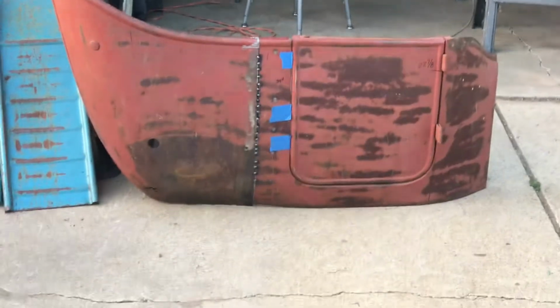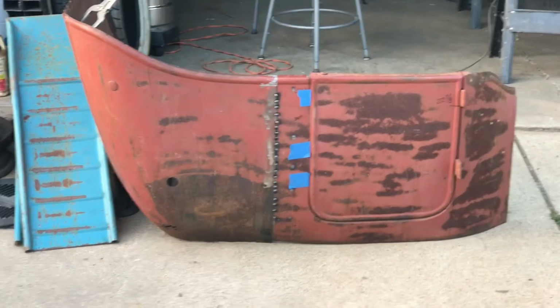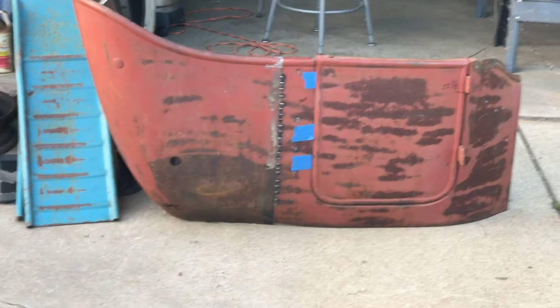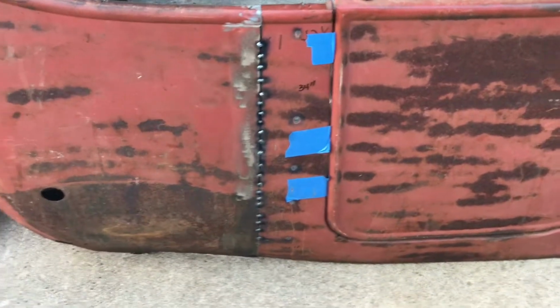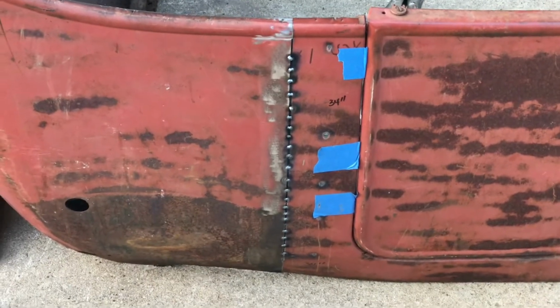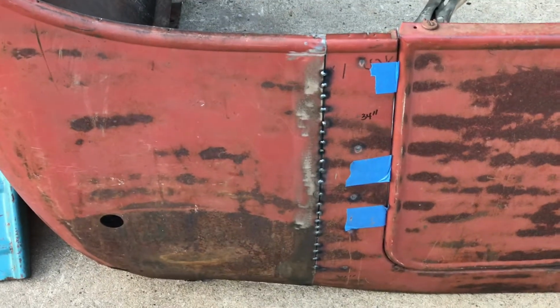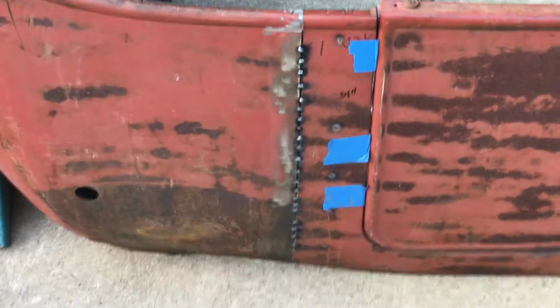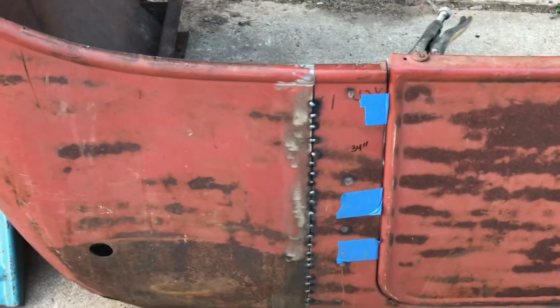So I ended up taking out 4 inches, and when I cut it apart, I was really not happy with the way it had seamed together. So what I did is I went with a piece of steel. It's probably about a 14 gauge, and I had a 4-inch wide piece that was about 4 feet long. So I cut 2 sections out of that and bent them to the rough shape of the body, and I have those welded on the back side,